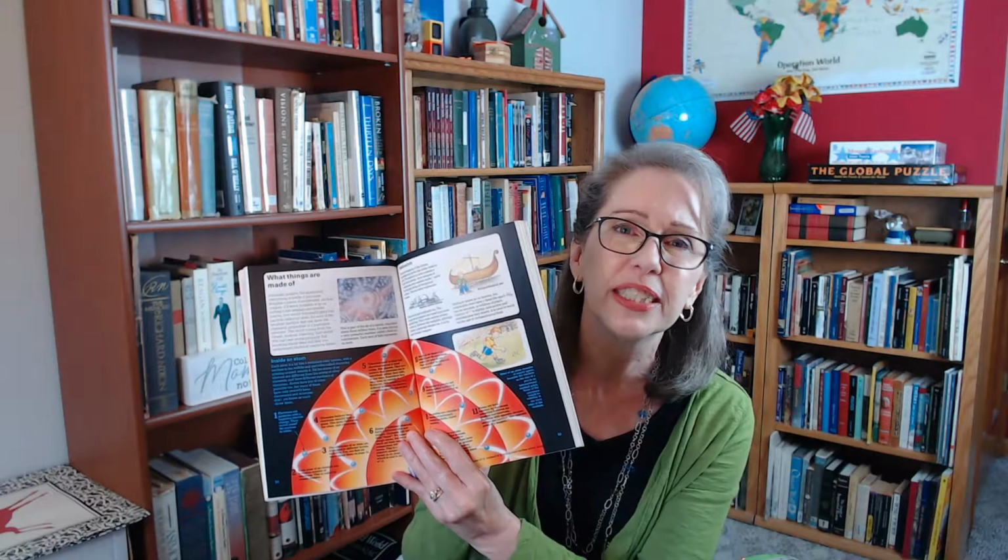You're going to start with this cool little book. This is the Usborne Book of Science. It is an introduction to biology, physics, and chemistry. Now, this is definitely your typical Usborne book. I mean, it's got the fabulous illustrations and the great descriptions that are not too complex, but give you plenty